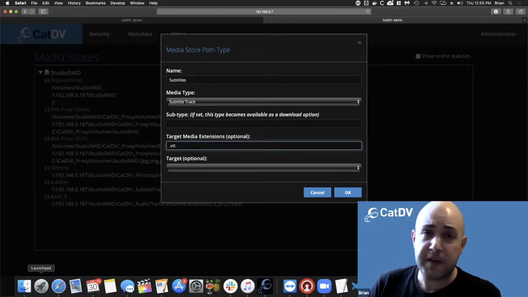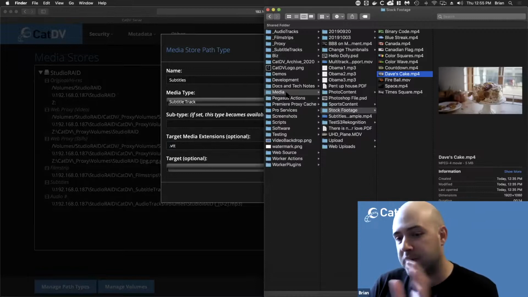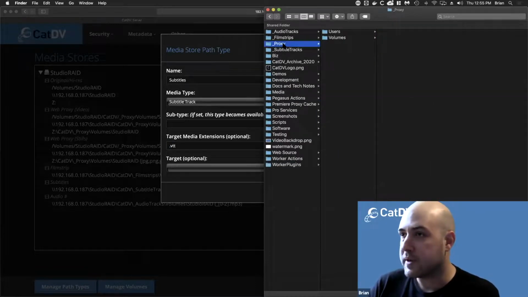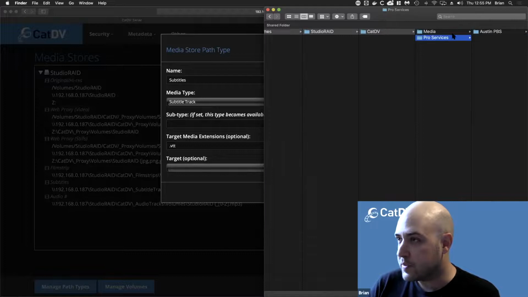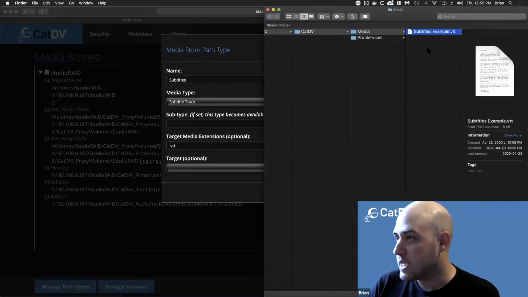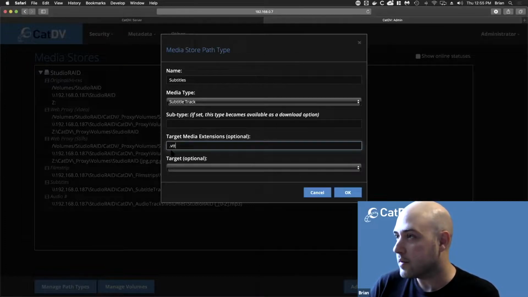And we put them on the storage the same way. So if I go over to my storage real quick, I can see here I've got my subtitle tracks. And just the way we would do with our proxies, we build up the route to the actual path there. And there's our subtitle example. And so by linking that as a subtitle track,